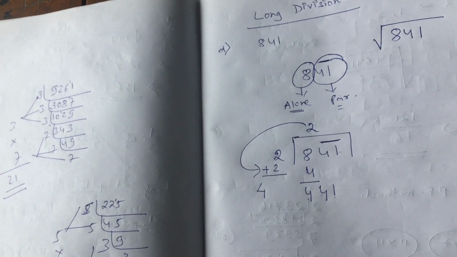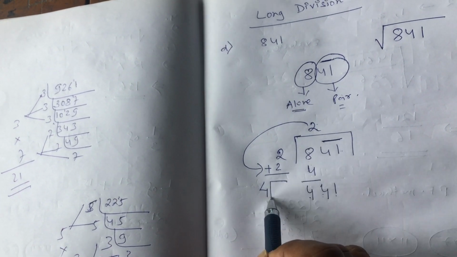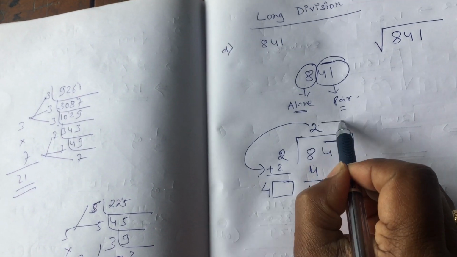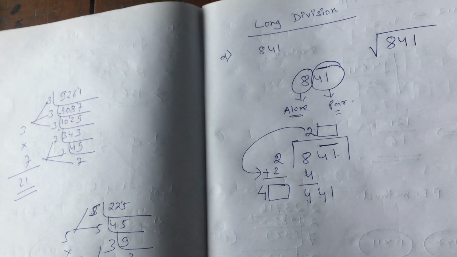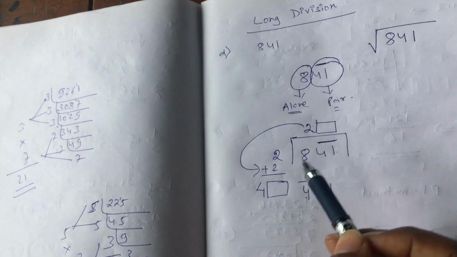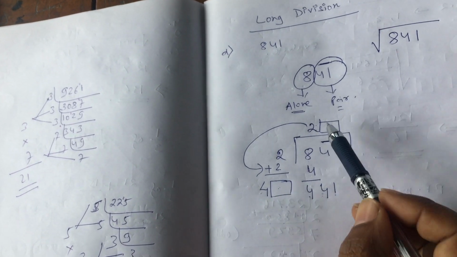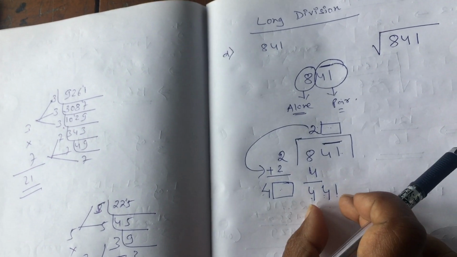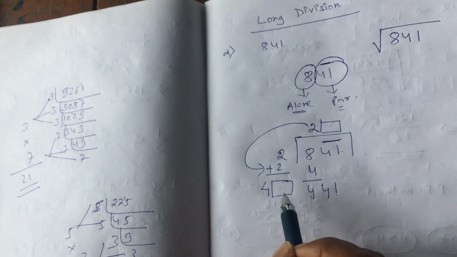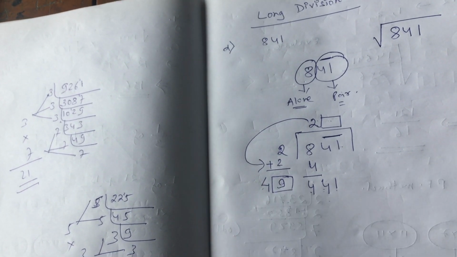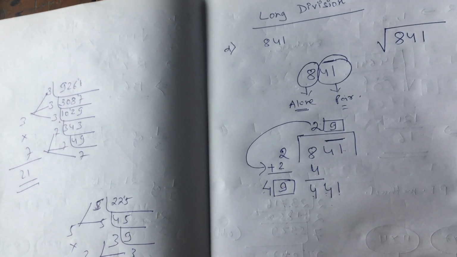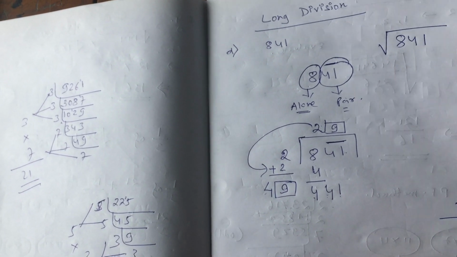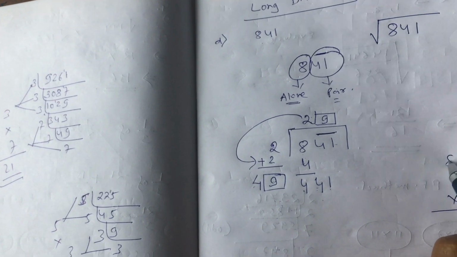Now again the same theory will be repeated. I have to write one number here and the same number here. So if I write here 1, I need to write here 1. So 41 ones becomes 41. It is very less. So for this question it will be 9. If I take here 9, then I need to write here also 9. So that means it is 49 into 9. 9 9s are 81, carry 8.